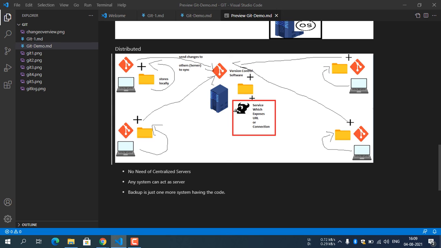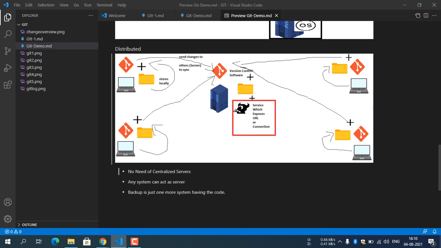If they want to update their changes to this server, if they want to copy these changes to this server, only then will they connect, and they will send changes to this server. Until then they will not connect. They will work on their own, and there is no need to connect here. Whenever they want any changes, only then will it connect. To pull those changes, or to add their changes to this central server, only then will it connect. So it is one of the advantages of a distributed version control system.